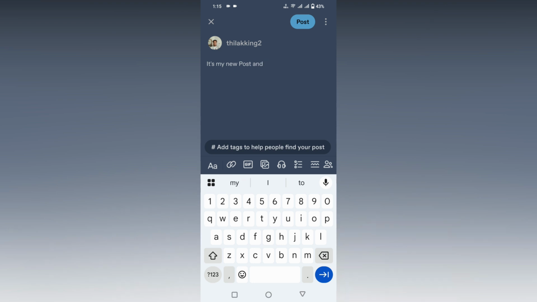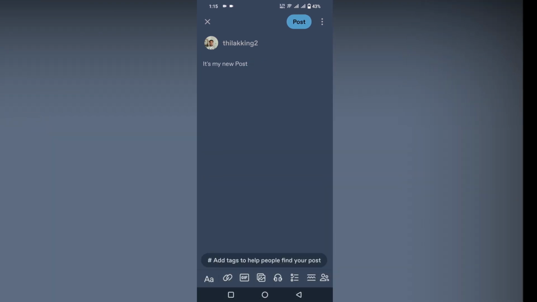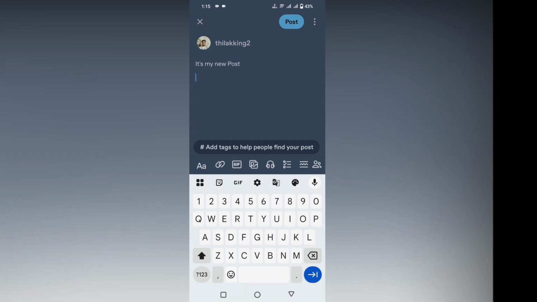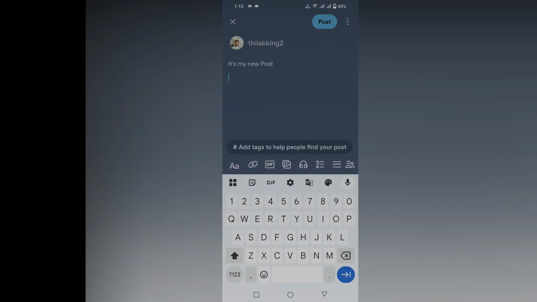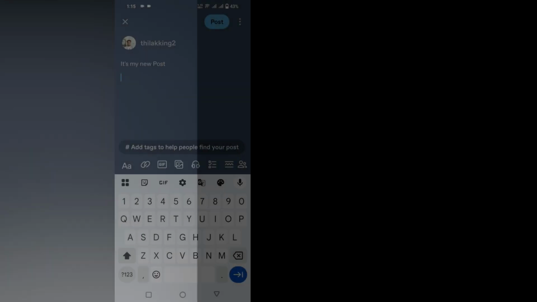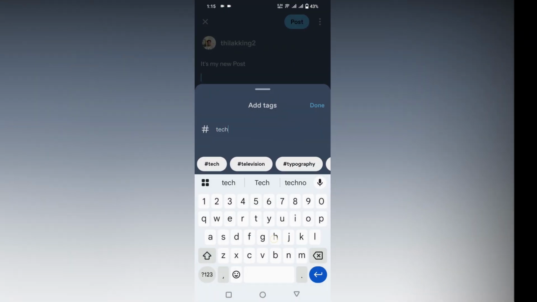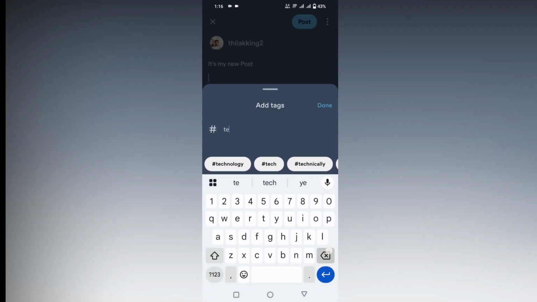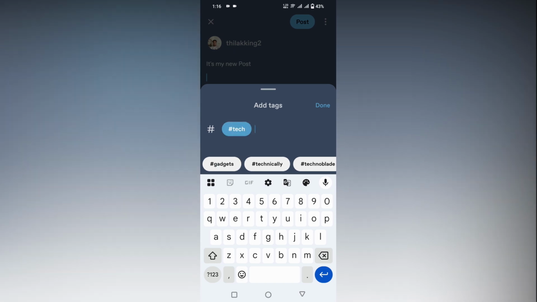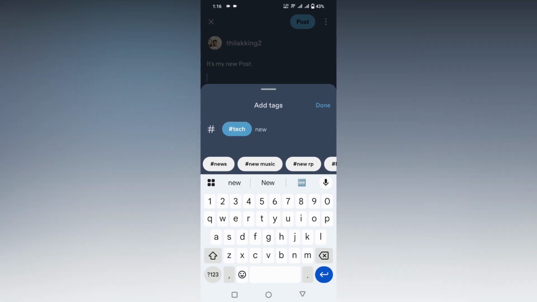To add the tags, you just need to click on, you can see at the bottom, it's called hashtag, add tags to help people find your post. Click on this first and you can just search for a tag. For example, take new